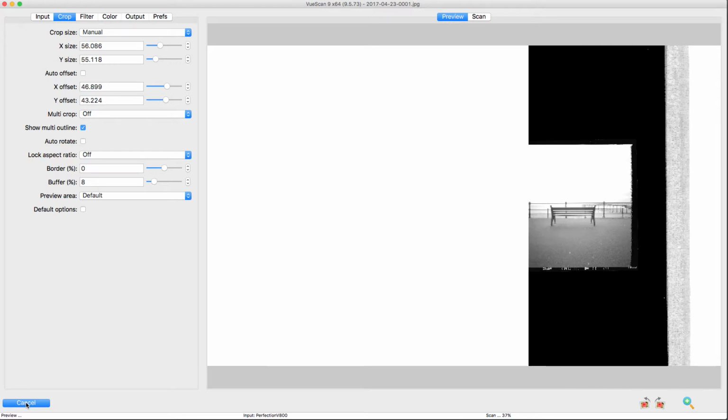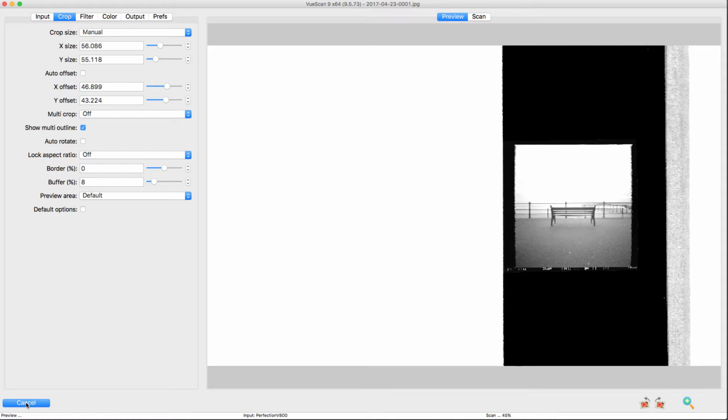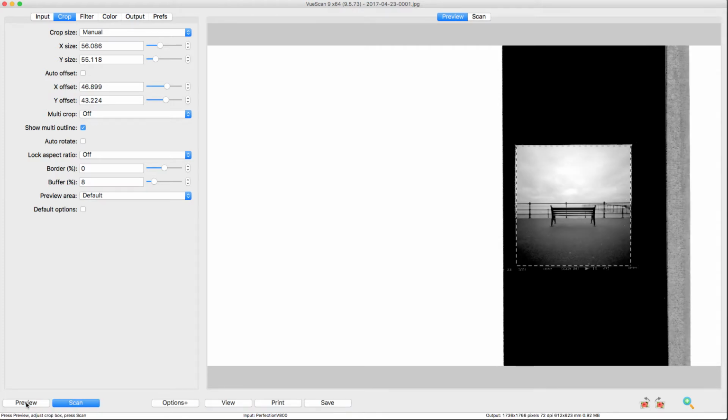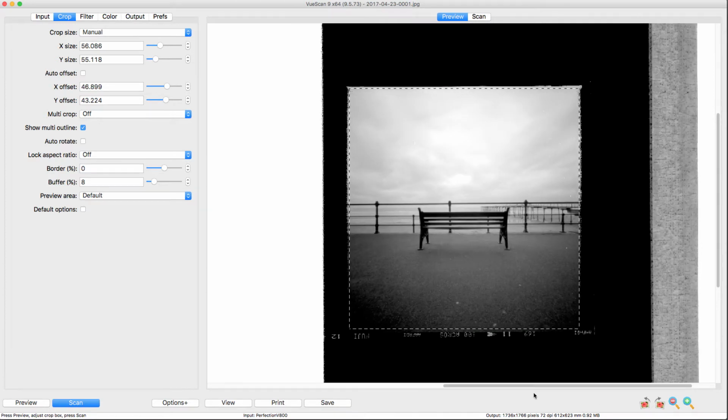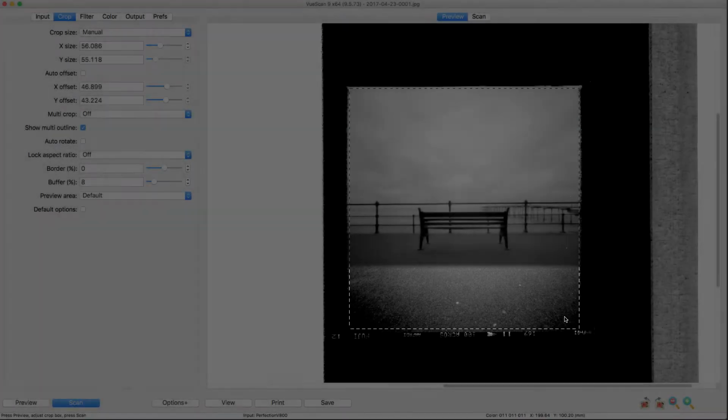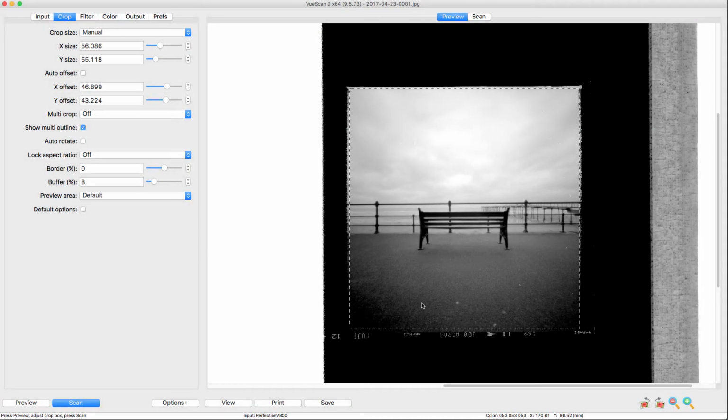So we'll just wait for the preview to be complete, and then we can talk about how we can eliminate these black areas. Now the preview is complete, let's just zoom in so we can see a more detailed view of the image. Bottom left hand corner and bottom right hand corner quite clearly shows areas which appear to be pure black and contain no detail. If I was to scan this image, then this is exactly what we would get in the